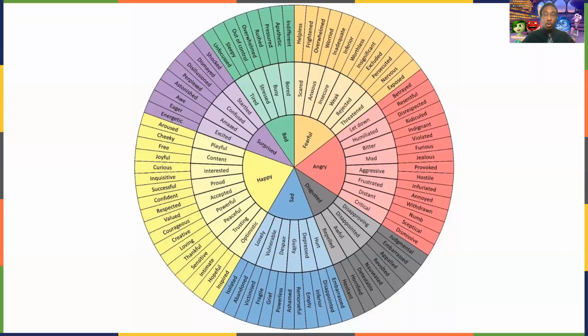But it brings up an important question when we talk about emotions: the validity of the terms that we use to describe how we're feeling. So, for example, is someone who says that they are furious a significantly different emotion than someone who says that they just feel angry? Or if someone says that they feel worried, is that a significantly different emotion than someone who says that they are fearful? The validity of the terms that we use to describe emotions has been a hot topic for decades